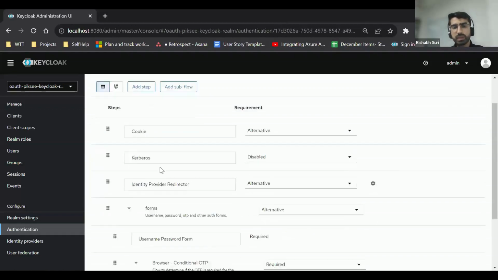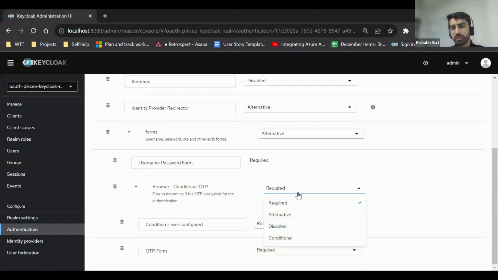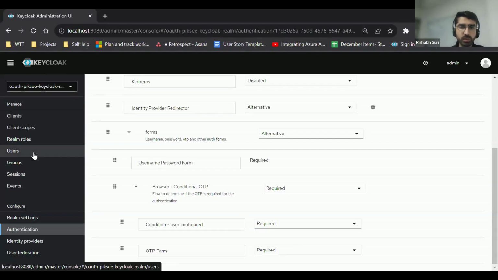Coming to the browser flow, we have this flow here, browser conditional OTP. It is usually marked as conditional by default, so I've made it required. And that's about it for setting it up in Keycloak. Now, whenever a user is going to log in, one more thing: this OTP mandate has been set at the realm level. You can set it up at the user level as well, but right now I've set it up